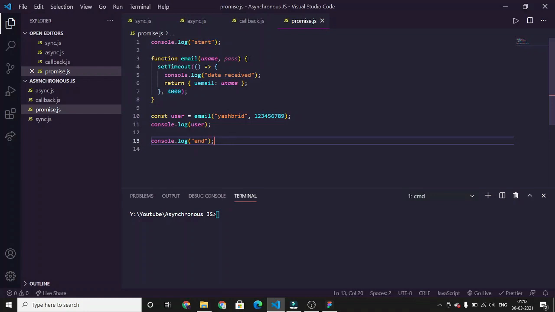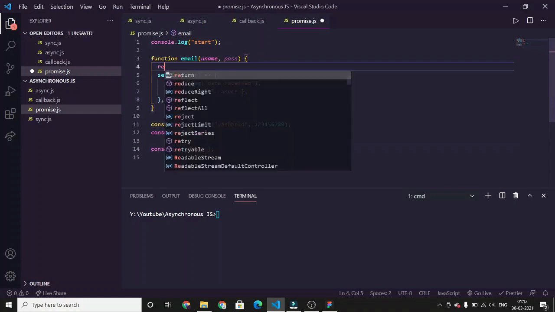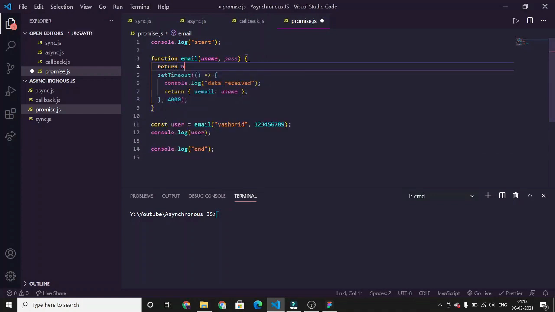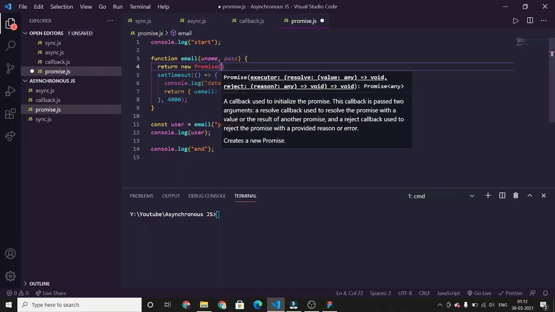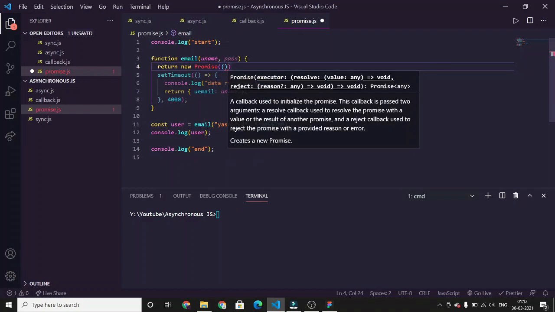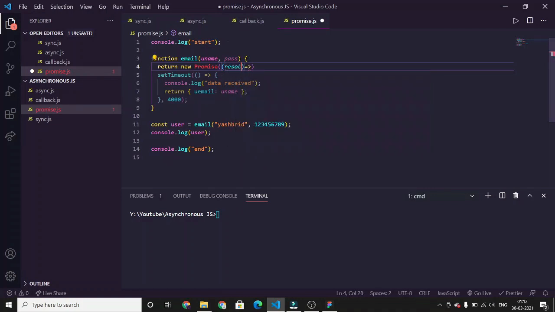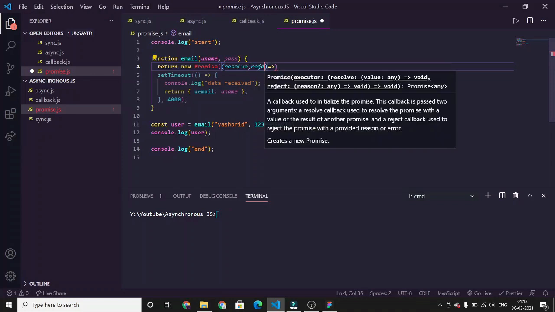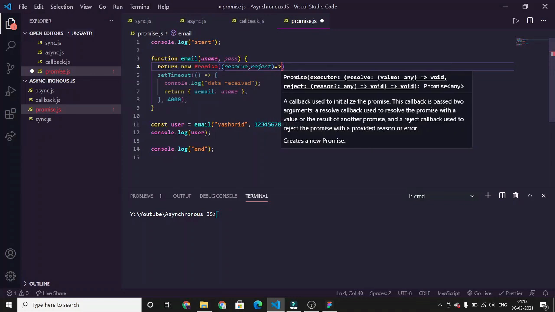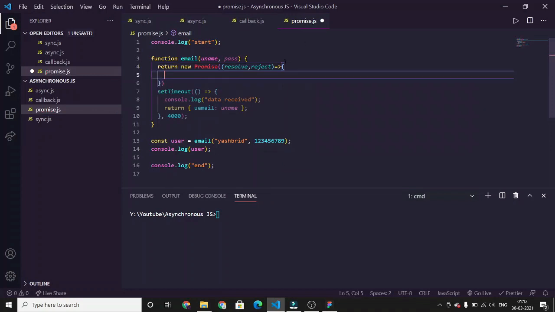Inside this function we will return new Promise, and inside this we will declare an arrow function with parameters resolve and reject. And inside this function we will copy this code.